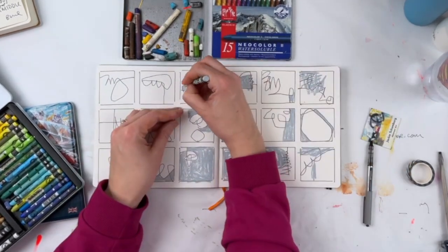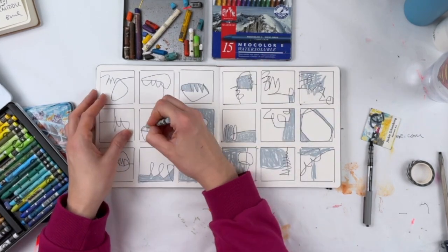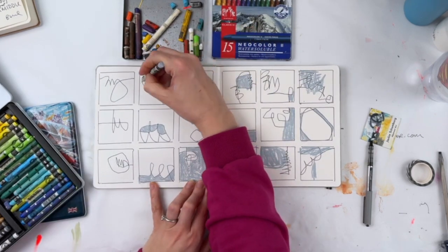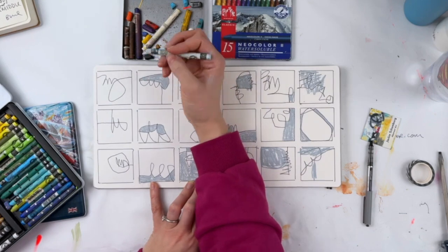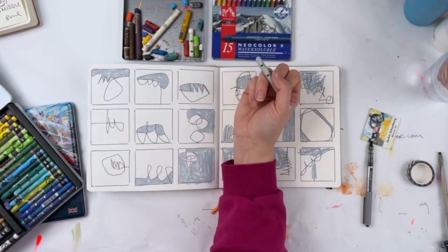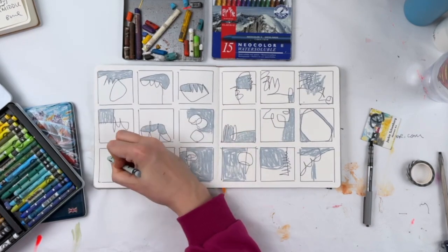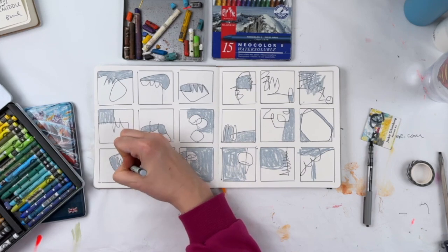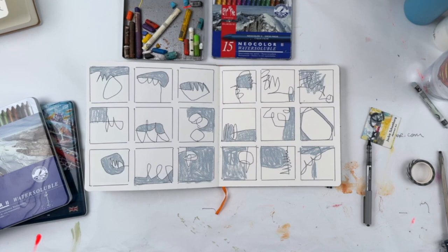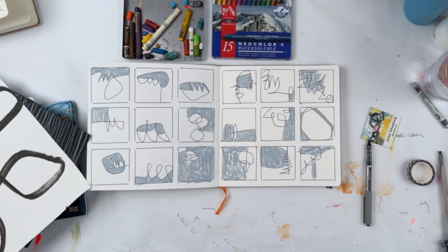I am always thinking about where do I want to put things. You could call it composition choices. You can call it just personal preference. You can call it, I don't know, call it whatever you want. But part of using my intuition is making those decisions. So with this, you can see I'm just trying to put the gray in different spaces. A lot of the pen marks I made turned into shapes that I wanted to color in, which isn't always the case,